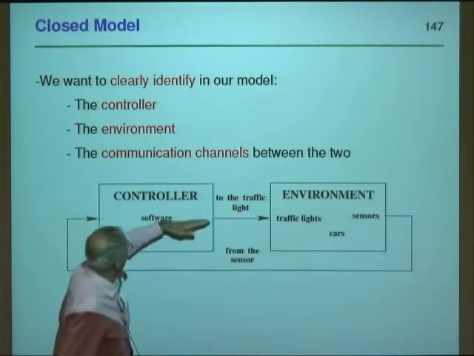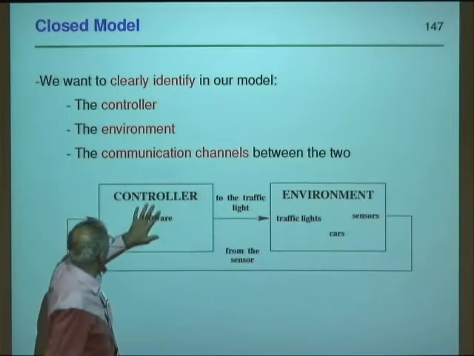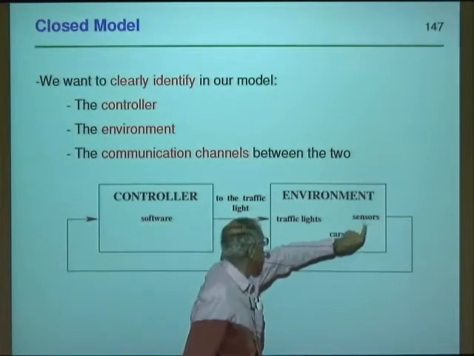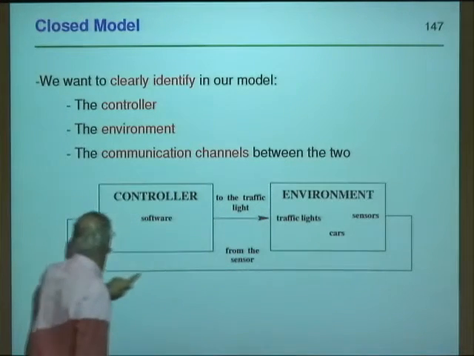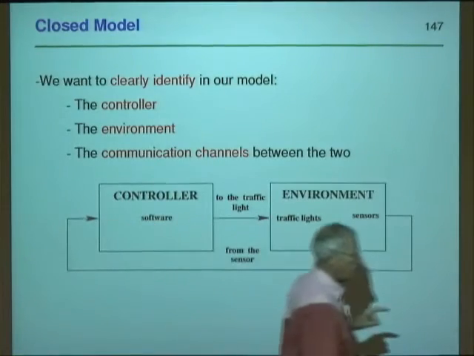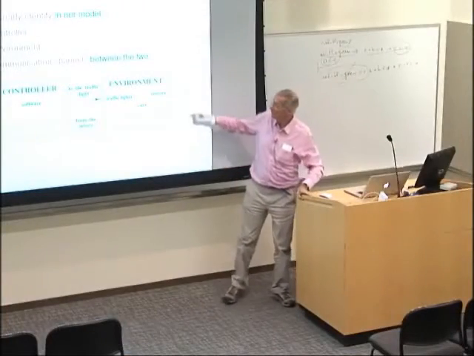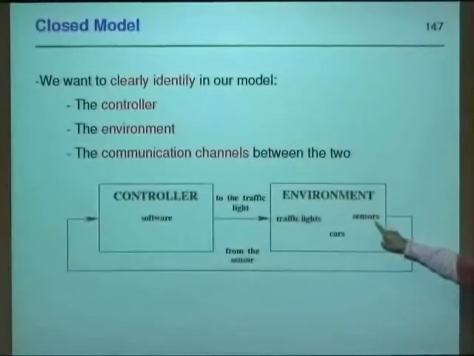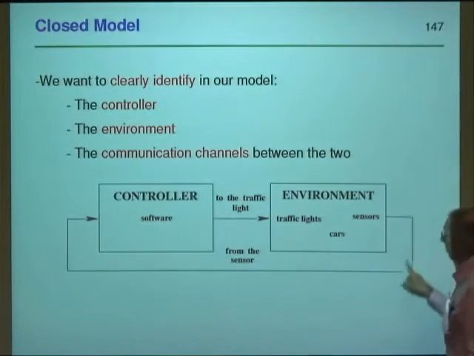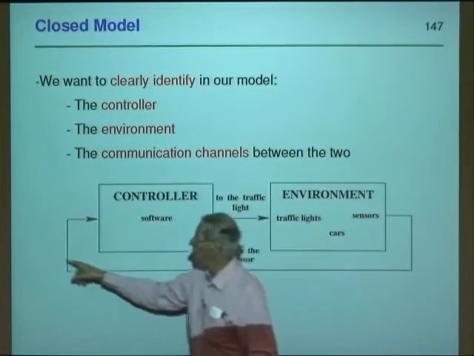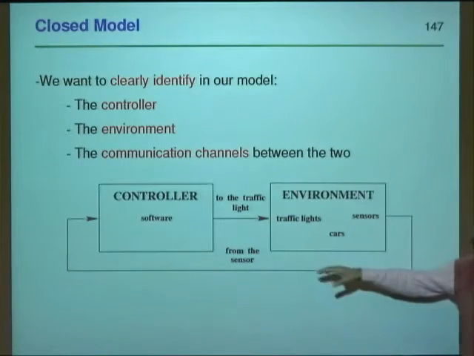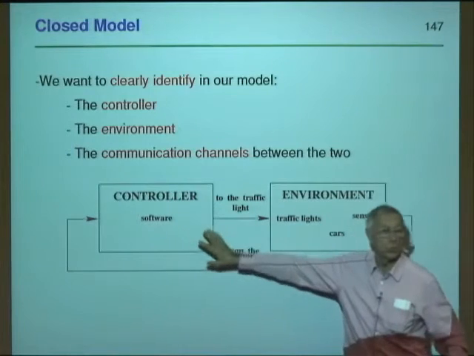And here we have some information going from the software to the traffic lights, and here, thanks to the sensors, we have some information coming into the controller. So what happens here is that when a car is detected in the environment, this detection is not coming immediately here because it goes through this channel. So in fact, we have a difference between the picture that the controller uses in order to control the system